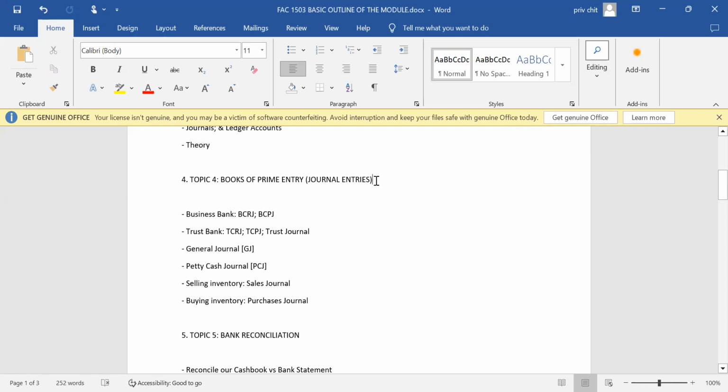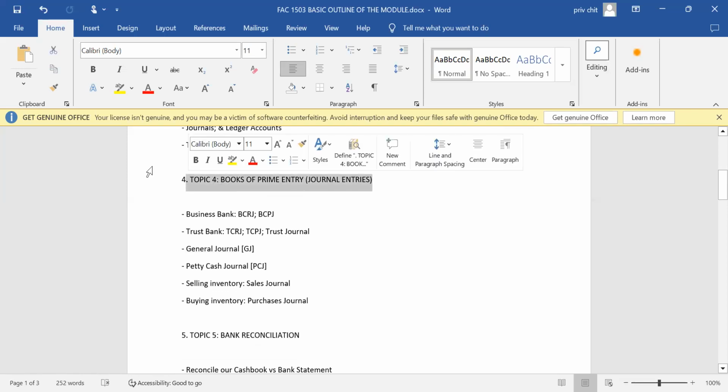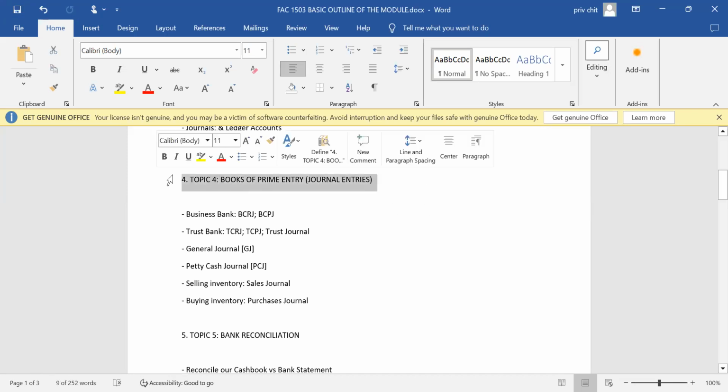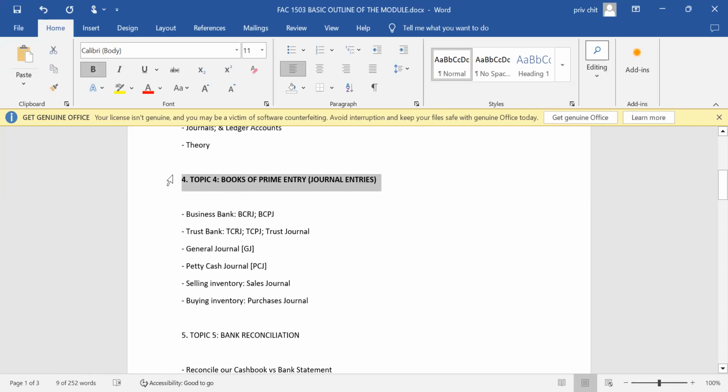Then, of course, this will be your topic 5 in your most recent tutorial letters, right? They introduce you to what we call books of prime entry. Books of prime entry, right? With the books of prime entry, this is where I'll be teaching you how to record the transactions in the relevant records, right?